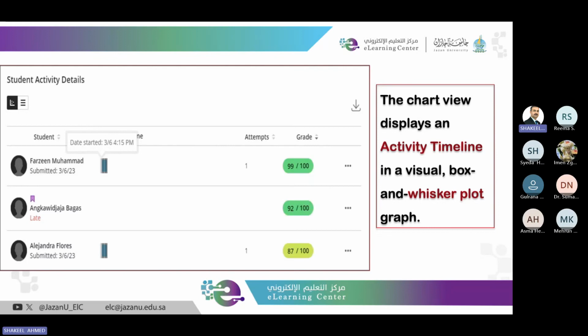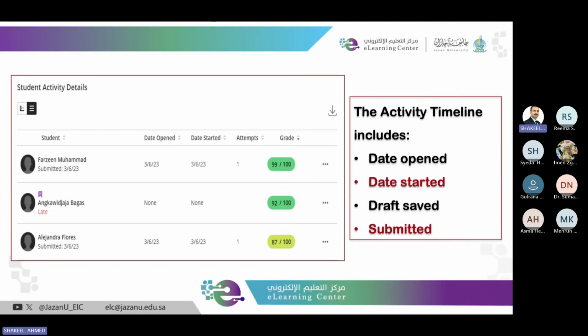This helps us spot important patterns. For example, we might notice students who started very late, those who rushed through, or those who managed their time well. These insights allow us to provide timely feedback and guidance to each student one by one.